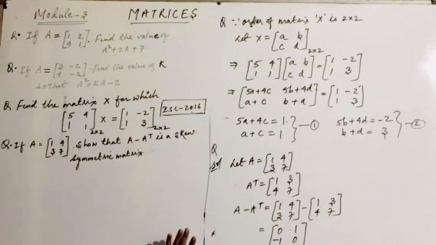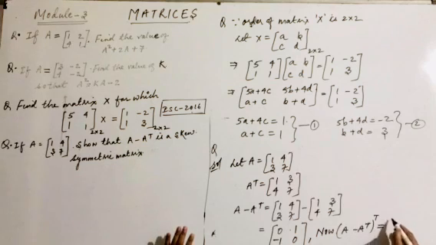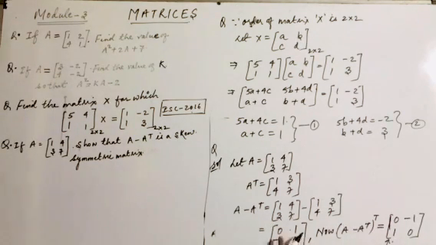Now if I take the transpose of A minus A transpose, the whole transpose again, what am I going to get? I'll get 0, 1, -1 and 0. If you compare this matrix with the previous matrix, children, are they additive inverses of each other? This is 0, okay, -0 I can write, no problem in that. +1 becomes -1, -1 becomes +1. So that means this matrix is skew symmetric. Am I clear?